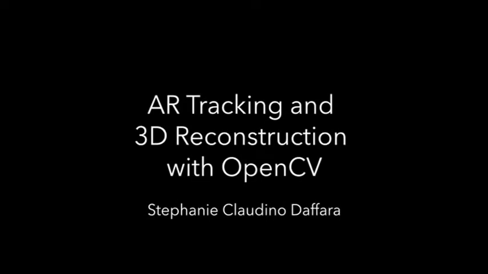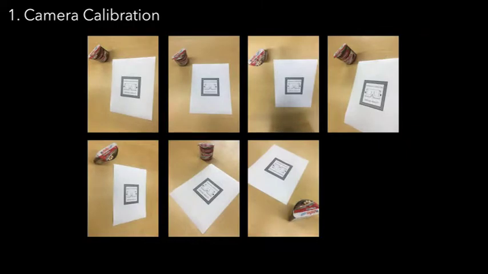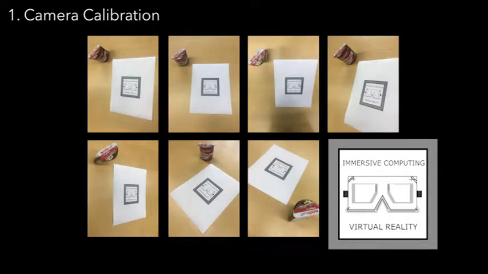In this video, I will show how I implemented a 3D reconstruction from a series of 2D RGB images. This task is composed of three main parts: camera calibration, AR image tracking, and finally 3D reconstruction. First, I took pictures using my mobile device of a checkerboard calibration image, optimized to be used by OpenCV's calibration functions. Then, I took a series of pictures of an object next to a marker image that I provide to